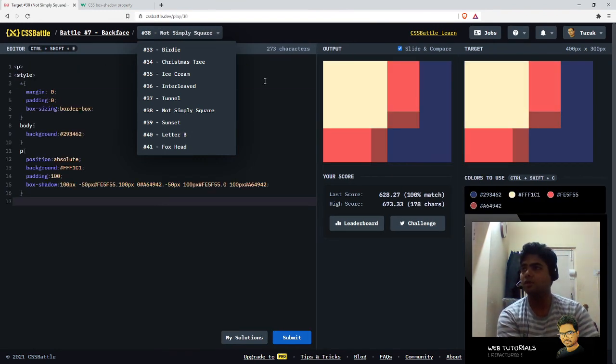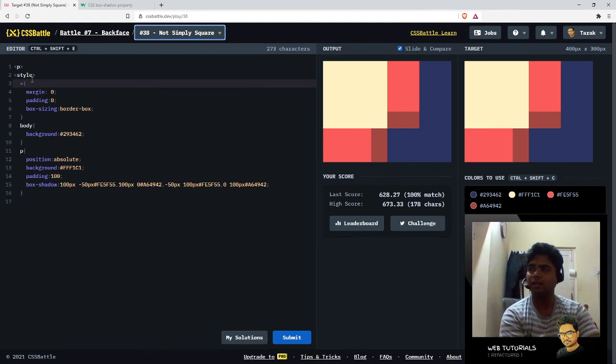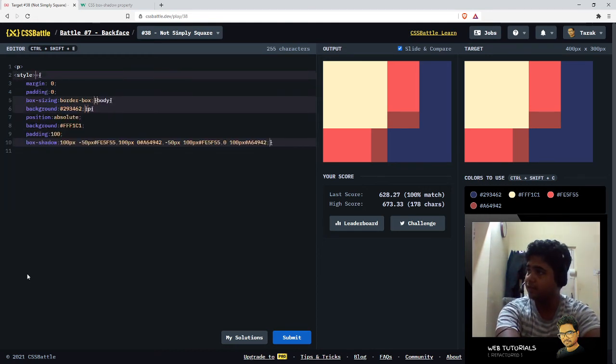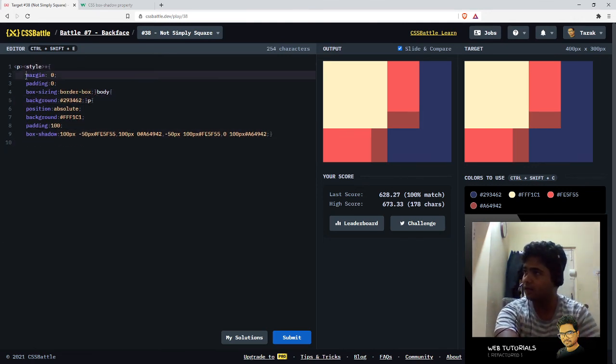We'll come to those. But before that, let's reduce this code for CSS battle. Everything that's on this level, done. Everything that's on the first level, done. Everything on this level, I can even add that.